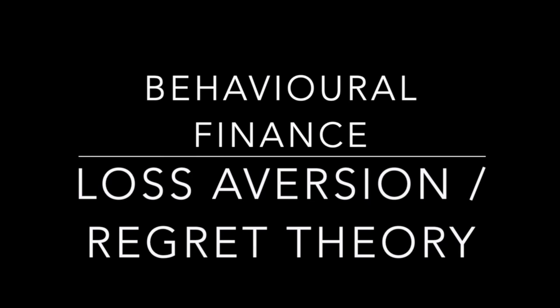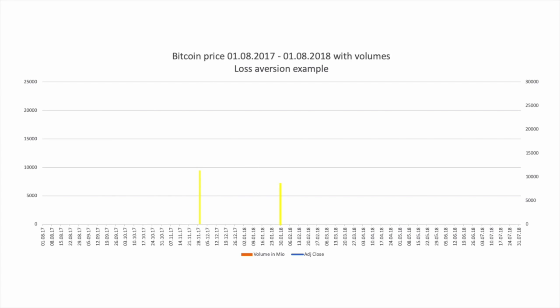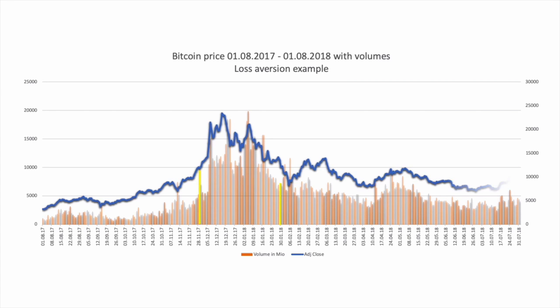One such example of irrationality could be loss aversion, also called regret theory. This theory outlines that the feeling of losing money is much stronger than the feeling of winning a similar amount of money. In this price chart of the Bitcoin bubble, we see that many sold their Bitcoins in the left bubble